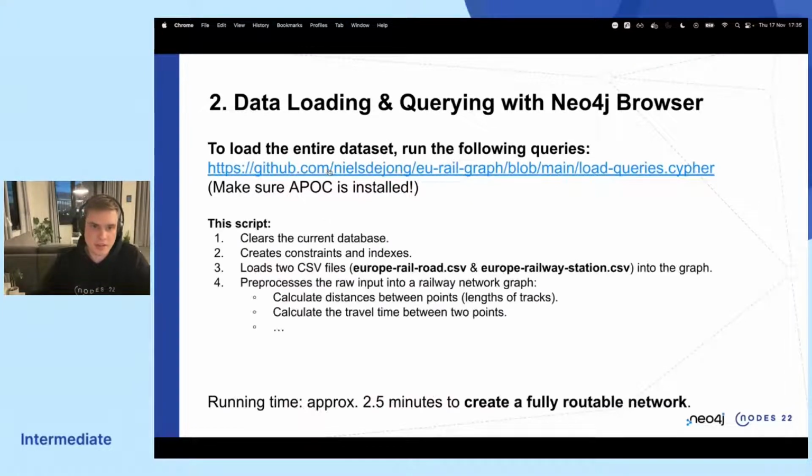But what it essentially does is clear your database, create constraints for you, and load two CSV files, the railroad segments and the stations, into the graph. This script also takes care of calculating the distances that I talked about, the travel times, and creating these route relationships. It takes approximately 2.5 minutes to create a network that is fully routable. And I will show you in the Neo4j browser how we can use that.